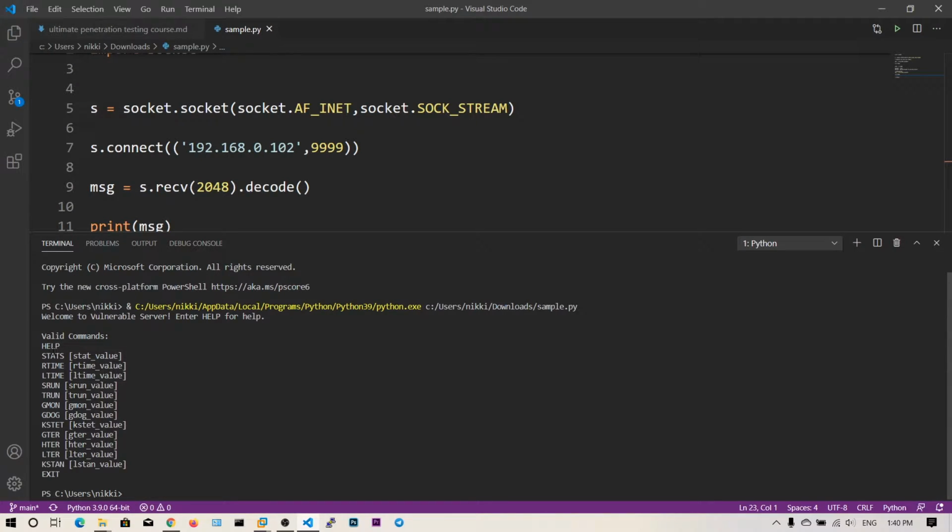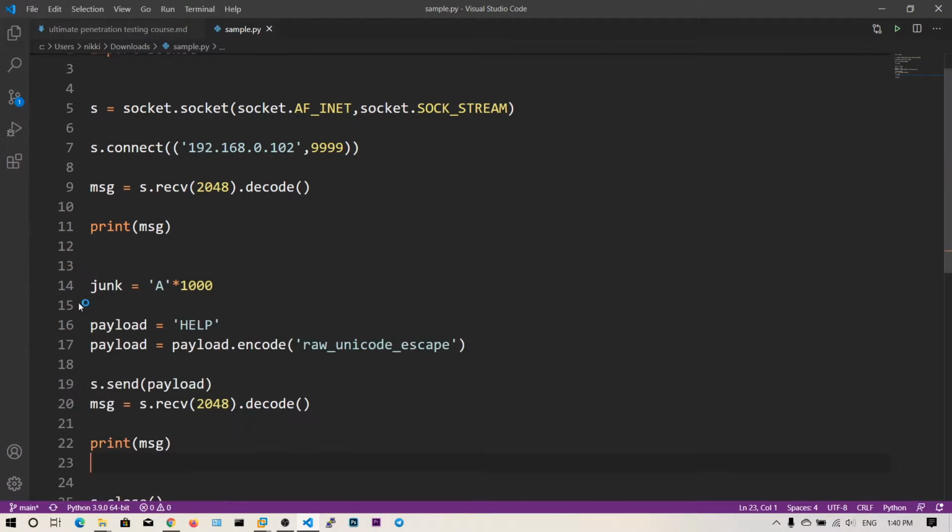It lists valid commands: HELP, STATS, RTIME, LTIME, etc. So for all these commands you can practice exploitation. Now we are going to look at GMON. GMON contains the SEH overflow. So what we can do is GMON space value. Now let me go ahead and say GMON space